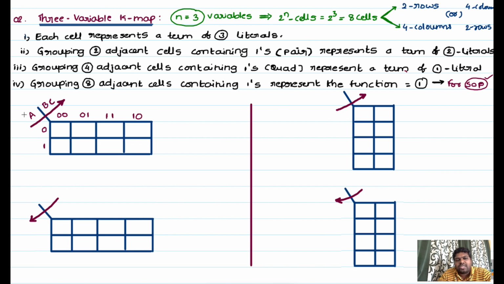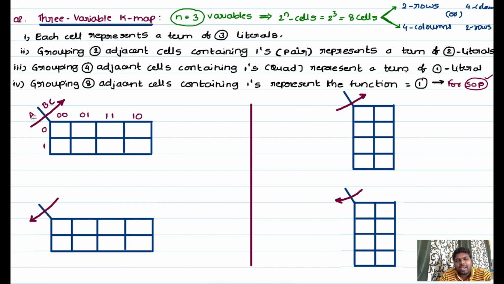On this side there is only a single variable, so I can assign 0 1, but on the top side we have two variables, so I will take 4 possibilities. Those are 0 0, 0 1, 1 1, 1 0. The sequence is very important: 0 0, 0 1, 1 1, 1 0, not 1 0, 1 1. Why are we taking it like this? To maintain the Gray code sequence. So this is very important. That means this is 0 and this is 1, this is 3 and this is 2. 0 1 3 2. That is the sequence here.